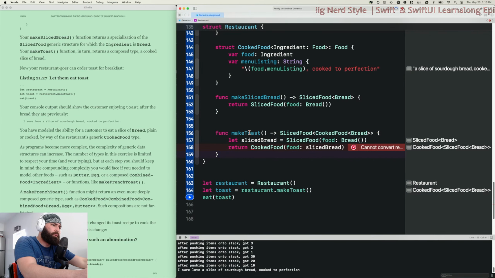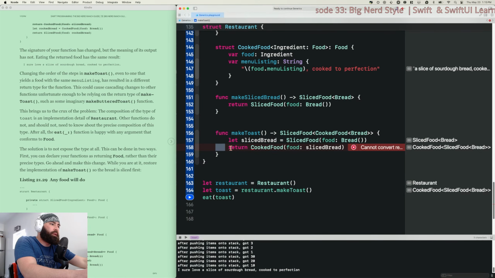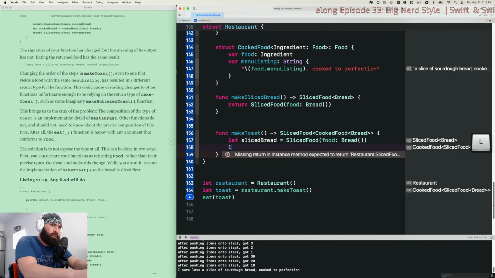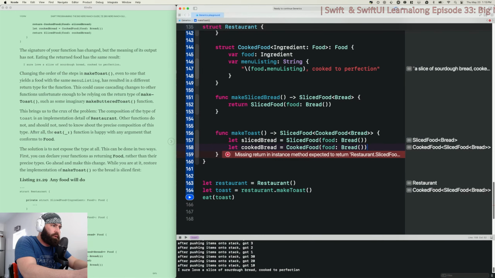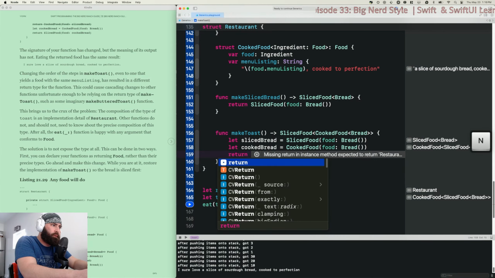Okay, so return. How did I change this? Oh, okay. Return. So I got to get rid of that now. And then now what? Bread. Let cooked bread equal cooked food bread. Let cooked bread equal cooked food. Cooked bread. And then we return